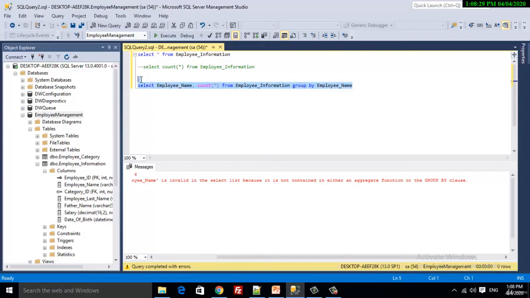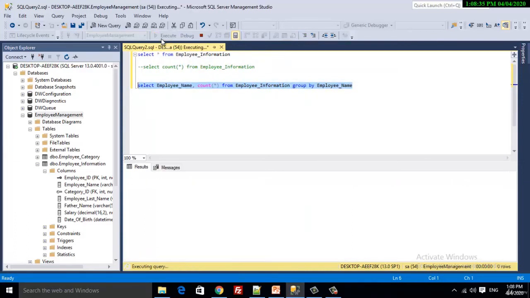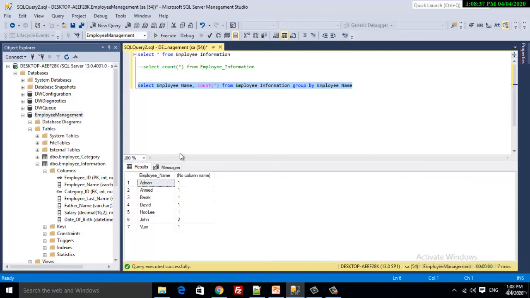Now let's execute this and see what comes from the database. Okay, here is the result. Let's have a look at the result.